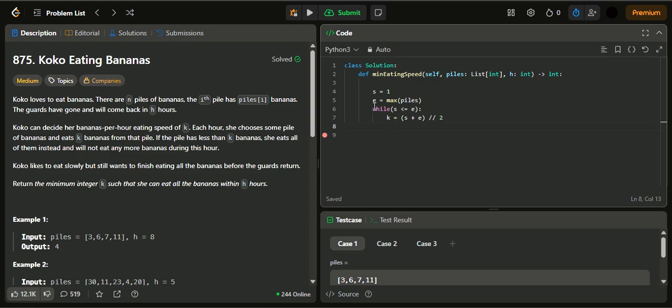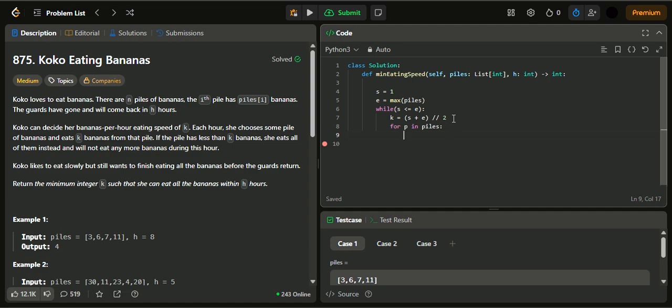What we have to do now is calculate the total time. For that, again we have to do a for loop inside this, where p in piles. I'm just looping over the bananas. So we have to find the total time, right? Total time is initially 0, and we keep on updating the total time by adding